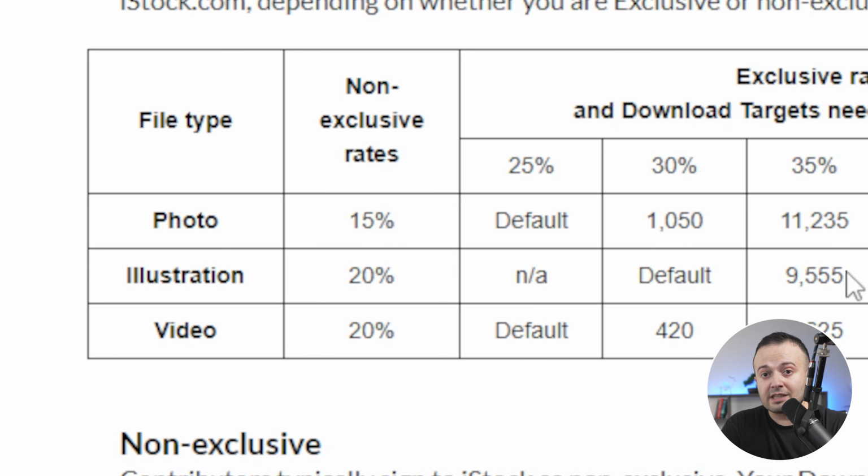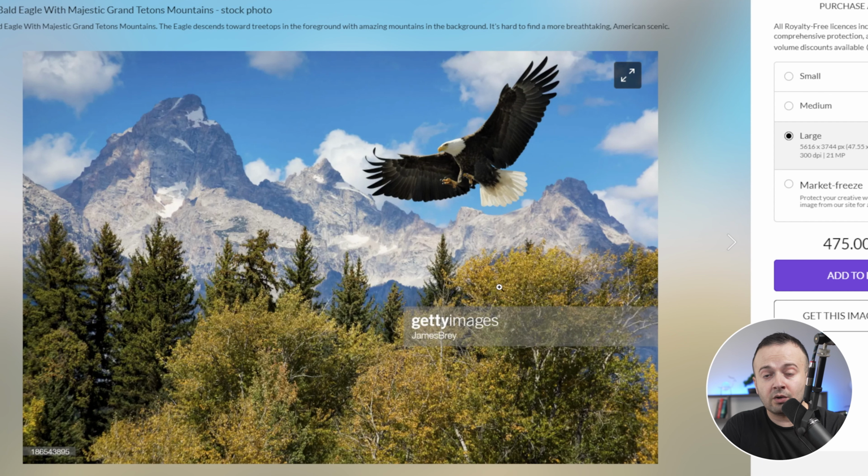Now, the royalty rates of 15 to 20% may not be the highest payout rates on earth, but if we do the maths here, we'll see that there's actually a lot of earning potential behind it all, even from a single sale. Let's say for example a customer finds one of your photos, like this photo of a beautiful eagle,